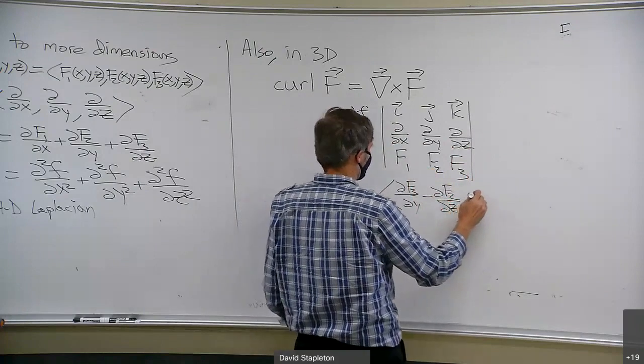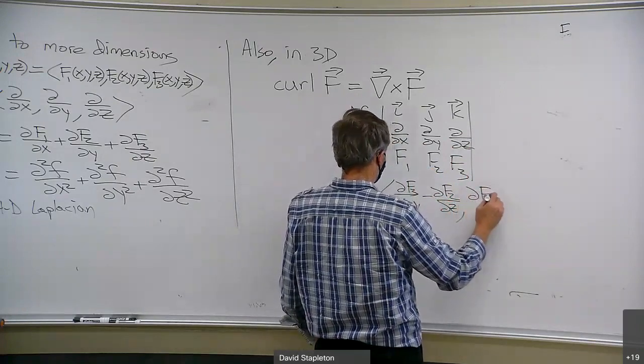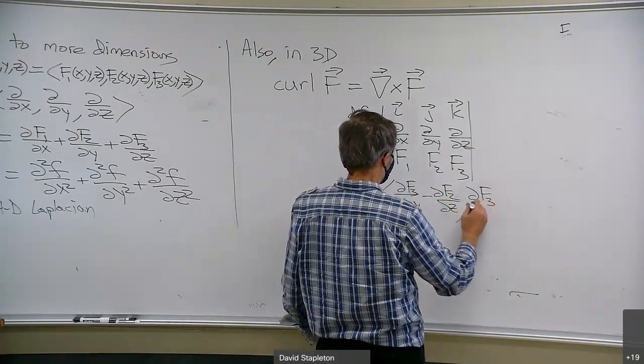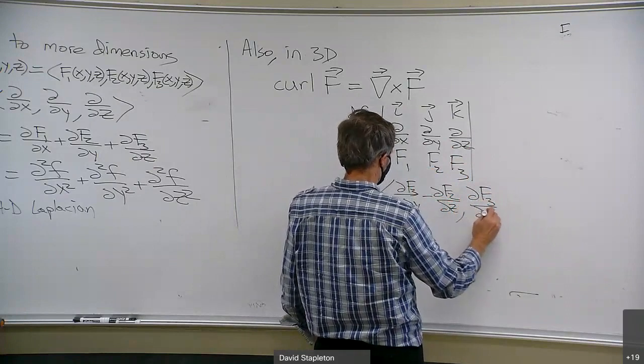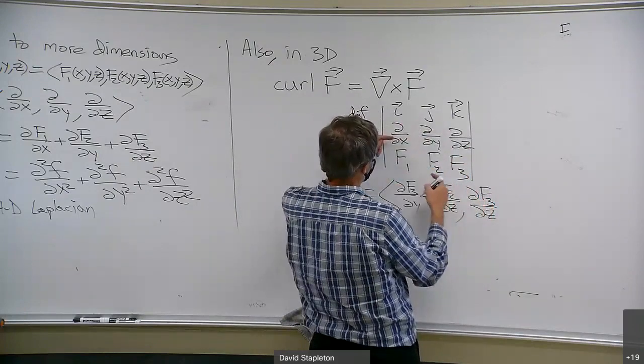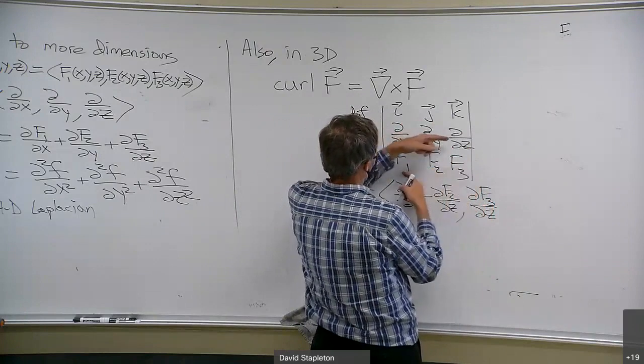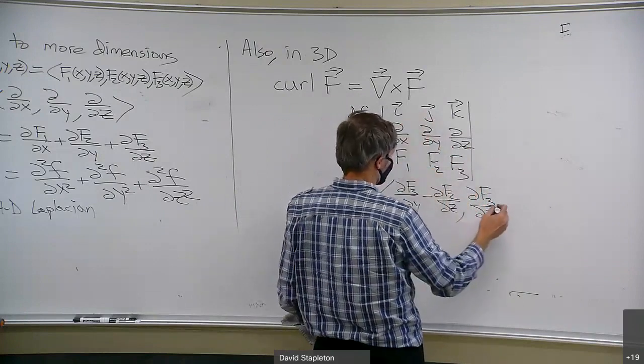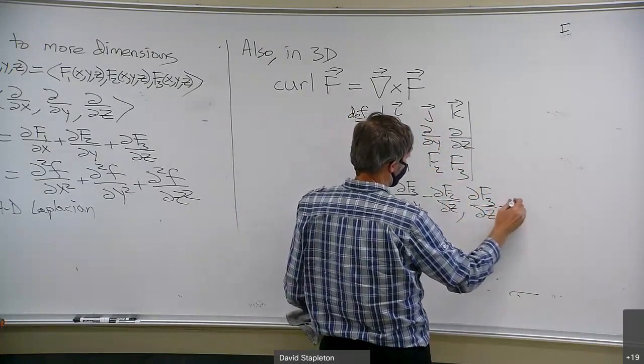And then you have df3 dz. You're taking this on this minus this on this, minus j. So you get df3 dz minus,